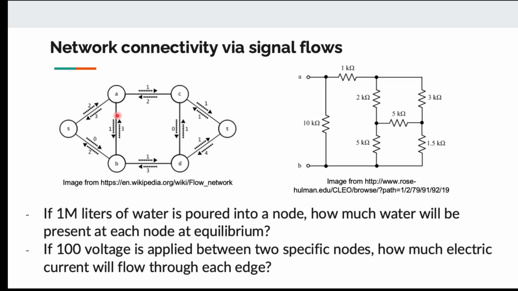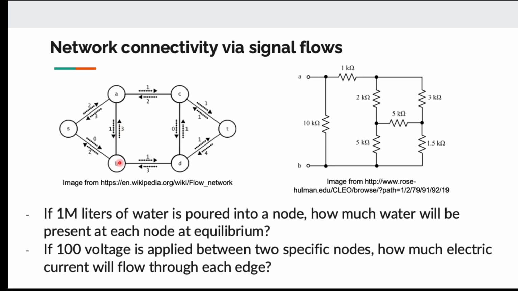And if you have a receptor protein here, and there is a signal, maybe from some molecules, like from nutrients coming in, when you imagine this as reservoirs and rivers, the signal will become the amount of water. So let's say you have an equivalent of 1 million liters of water being poured into this node, into this lake. The question that engineering people can simulate, the problem that they can solve is, if you have these lakes that are connected to each other with rivers that have a certain capacity,